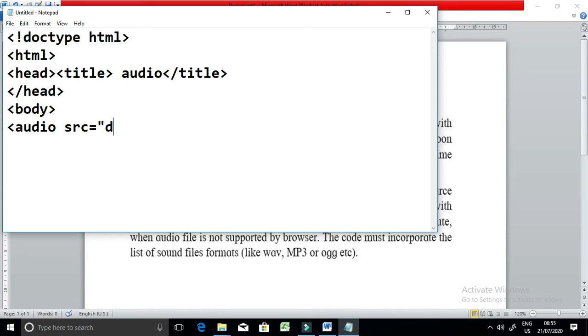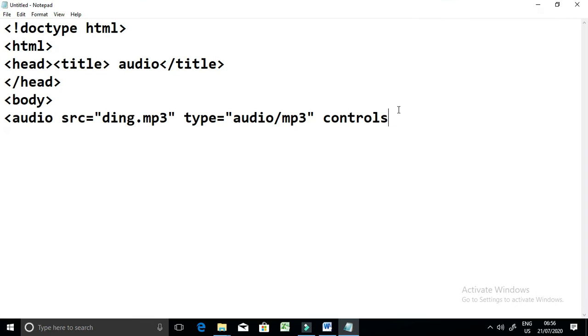You will give source with src and write down the name of the audio file with extension. Controls attribute will add controls to the audio.